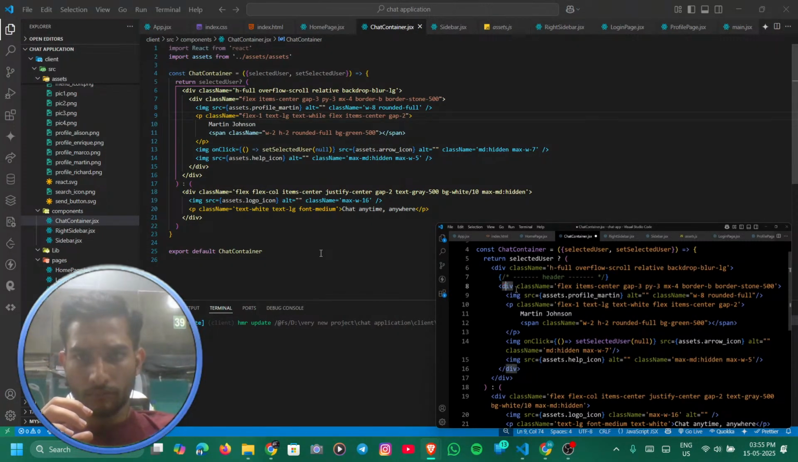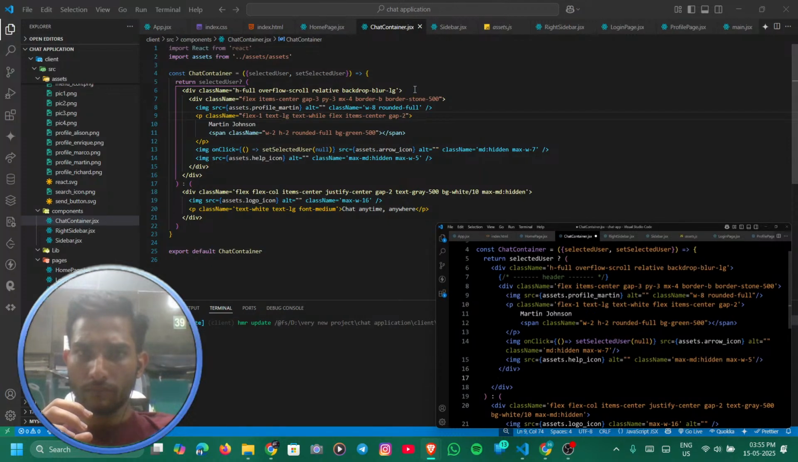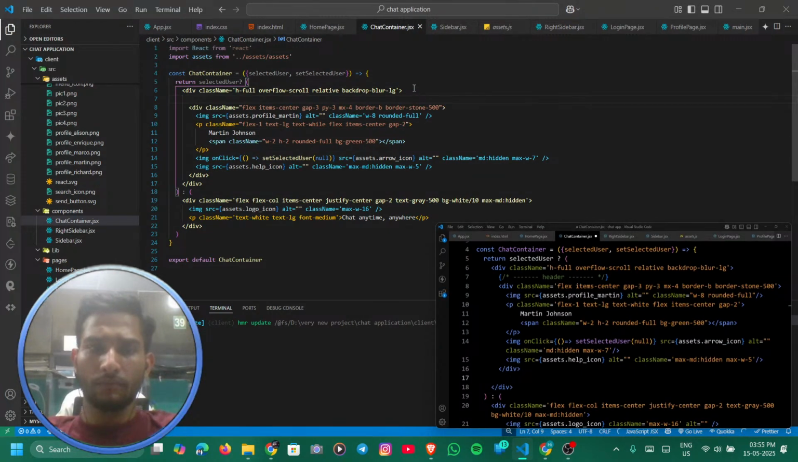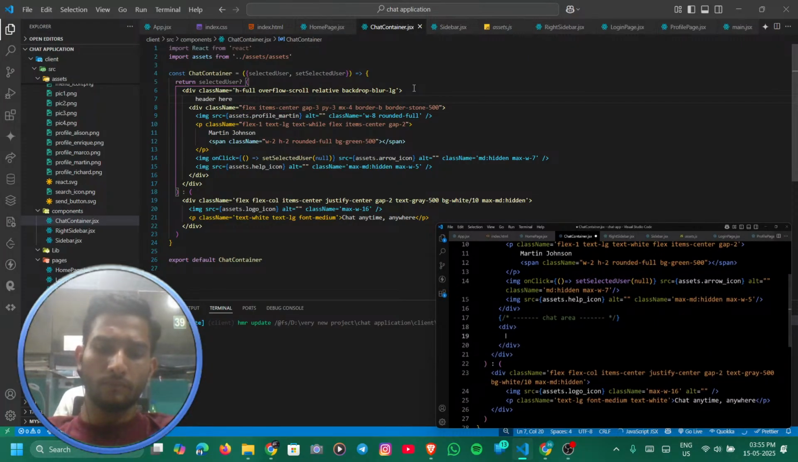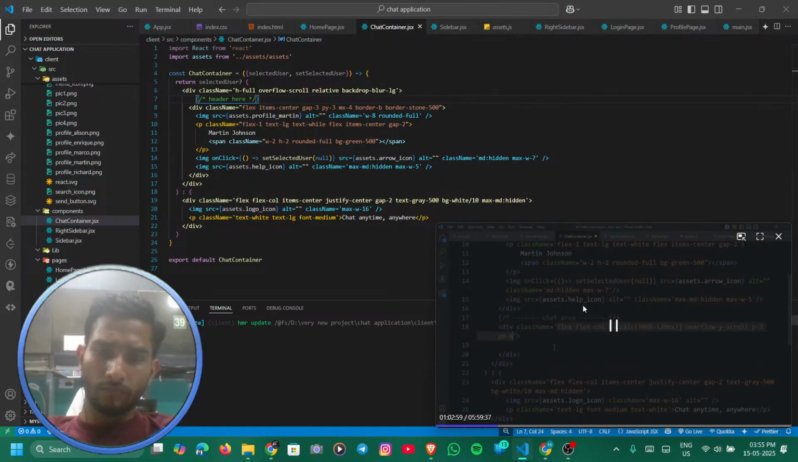Right now, after closing of it, here we'll add the code for the chat. So let me add the comment here, that is chat area, and here we'll add the div where we'll add the chat details. So here we'll add the class name property, and in this one we'll add these Tailwind classes, and in this one